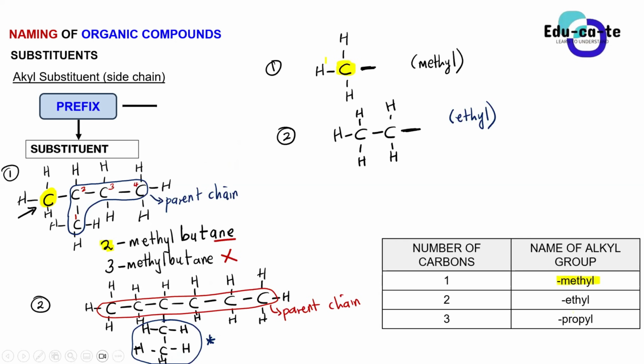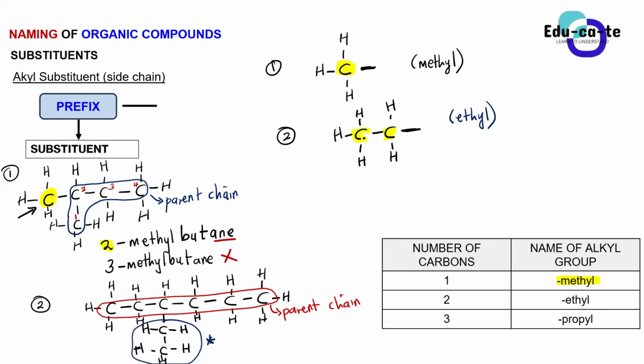So if you say that this is dimethyl, it is going to be absolutely wrong, because here is a different scenario: we're having two carbons that are bonded together, and they've got 5 hydrogens in total, so that's an ethyl group. So this is not dimethyl. We are still going to see what is dimethyl, but for now this is an ethyl group, because it's an alkyl substituent, or a side chain, a chain of carbons that is not part of the parent chain, and in this case it consists of 2 carbons. So that's an ethyl group.